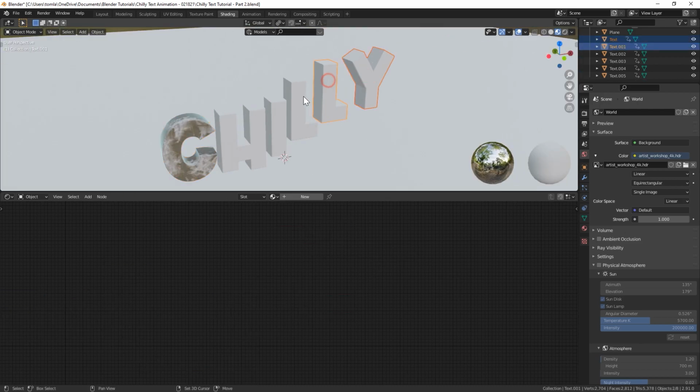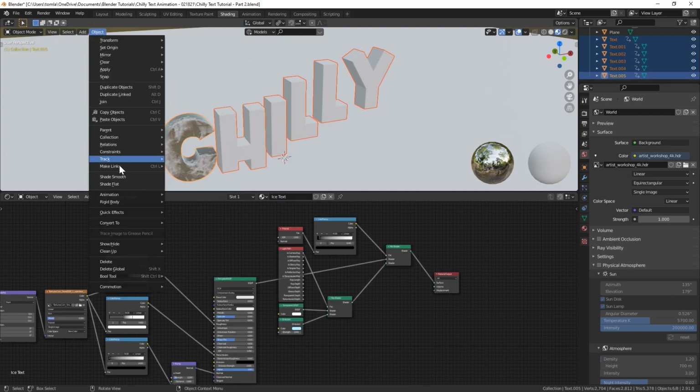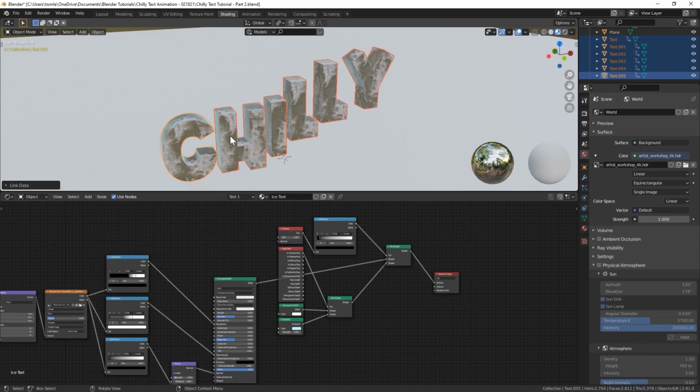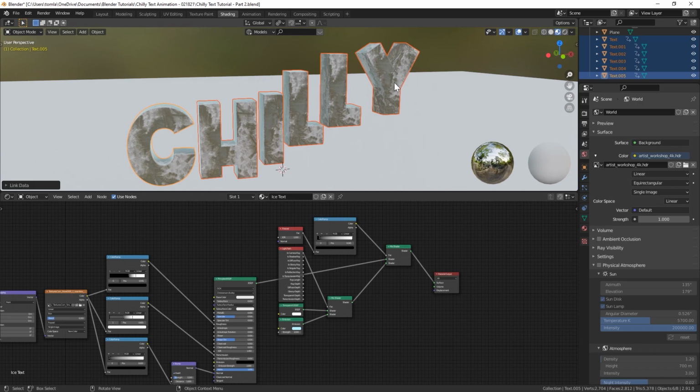And now let's just select all of our other letters and then select the C last. Go up to Object, Make Links and Materials. It'll copy that over to all of them. And now they all look different enough, but since we have two L's and they're the exact same mapping on them,